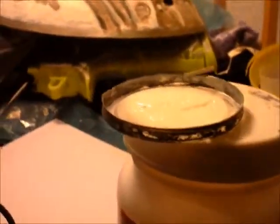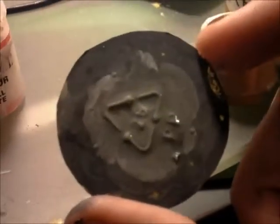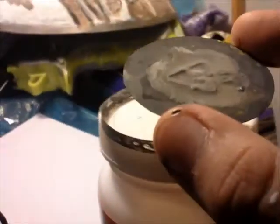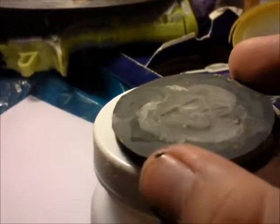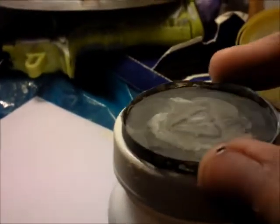Okay, so here's the second part of the method of making the mouthpieces with the same cup. But it turns out that by cutting this way, it created this nice little space like that. And of course I grab another one. This is the other cup I use, and I color into it. So cutting it a little bit smaller, once it's dry I can simply place it right in there, and just like that,